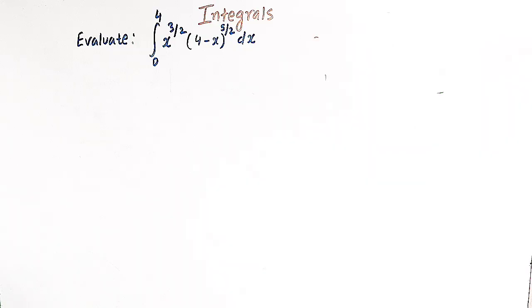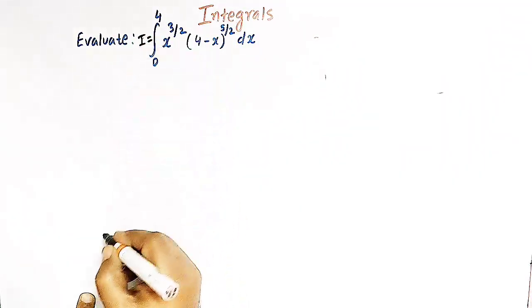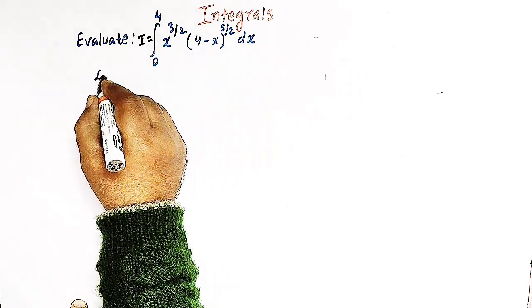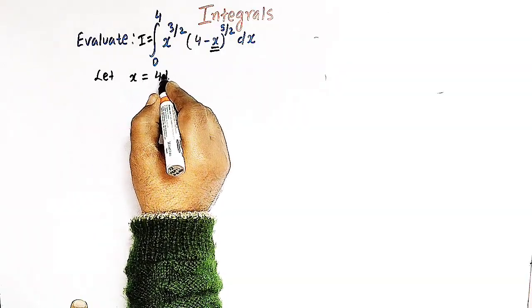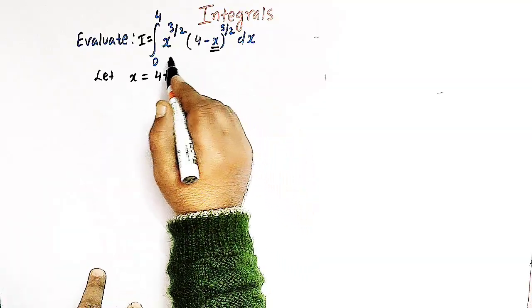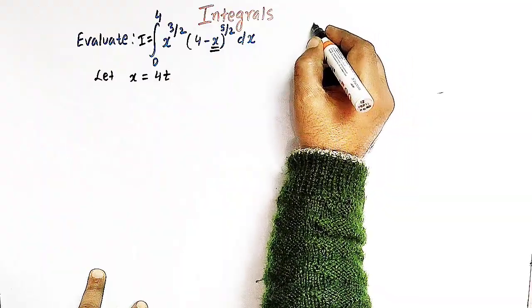First we'll convert this integral into a beta function by using the method of substitution. So let us start. Let us first call this integral I. Here we'll make the substitution x is equal to 4 times t. We are using this substitution because we wish to convert this integral into this form,